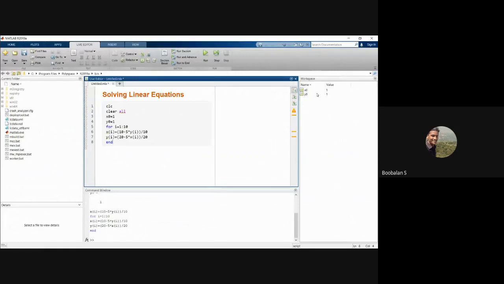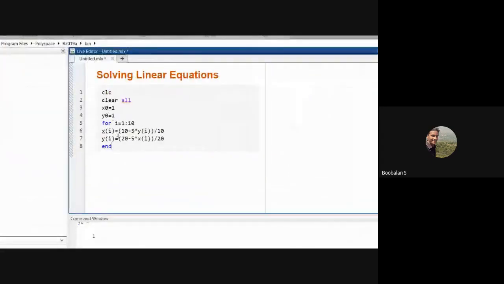X0 is assumed to be 10. Then the for loop is now working. For x of i, it takes the iteration values and substitutes them into the entire equation. Initially we take y1. We'll use 1 and check. One second, wait, let's check. No issue, right? Because I'm choosing the initialization of i to start from 1. We'll continue once again.